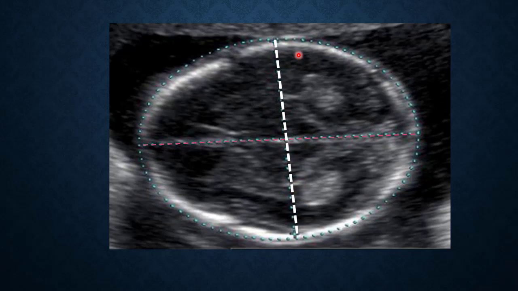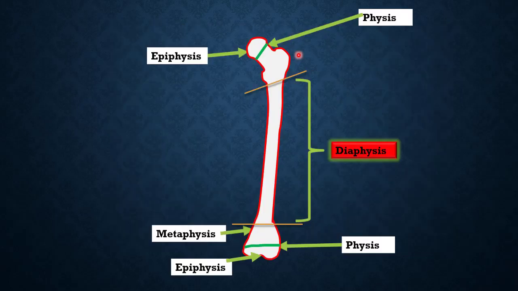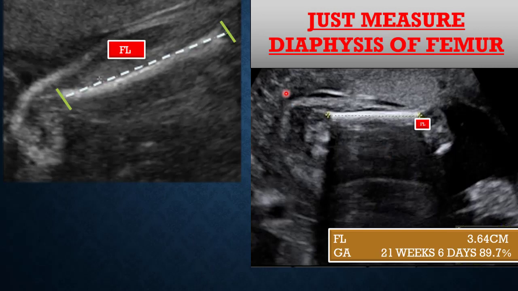We can also measure the gestational age and then EDD accordingly by using the femur length. Femur length has basically three parts: the epiphysis, the metaphysis and the diaphysis. On ultrasound, we have to calculate the length of diaphysis only, right? So we will include the diaphysis only. We will not include the projections from the femur length.